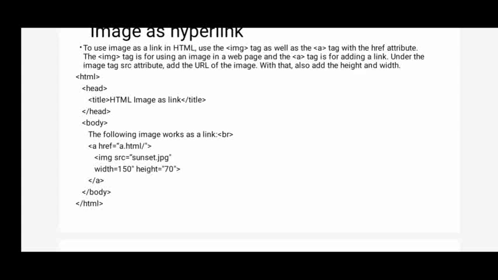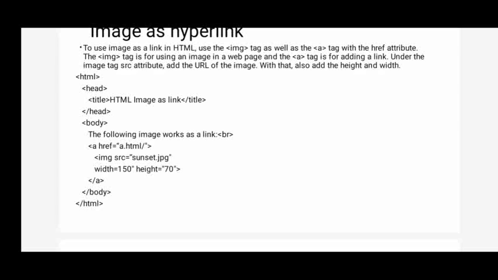Now, that is only the opening tag. After the opening tag, you see the image tag. img means this tag creates the images. And what is the source? What is the location of the image, or what is the name of the image? Sunset.jpg. Okay. And what is the height of the image? 170, and the width of the image is 150. Now, after giving the image, I have closed the anchor tag, I have closed the body tag, I have closed the HTML. So when you execute this program, what will be displayed on the browser window?